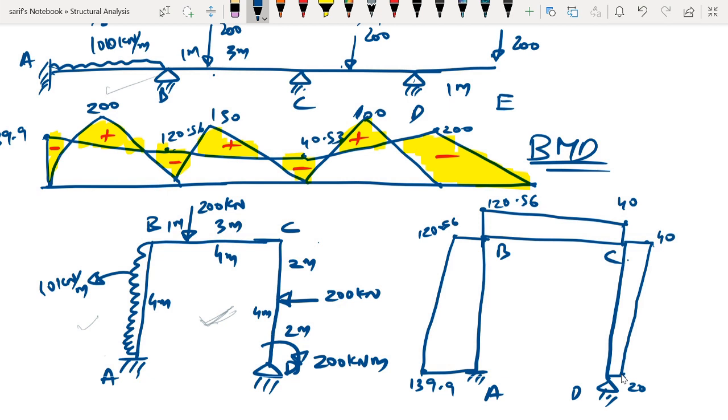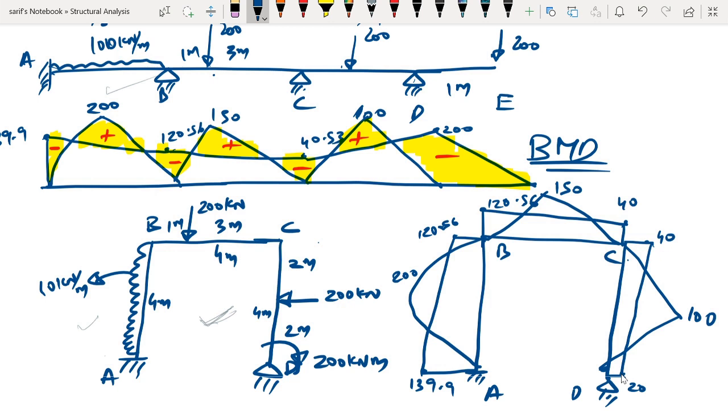And after having drawn the support bending moment diagram, next thing is we have to superimpose it with the span bending moment diagram. Nothing different. We simply have to draw a parabola here. The magnitude is 200 for it. And here we will have an eccentric triangle. The magnitude was 150. And here you will have a symmetric triangle. And the magnitude was